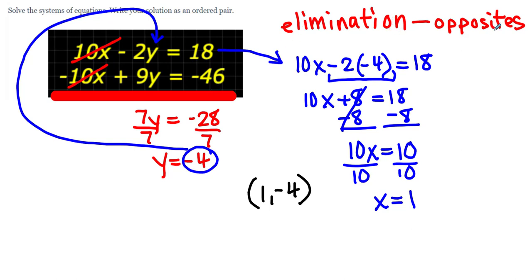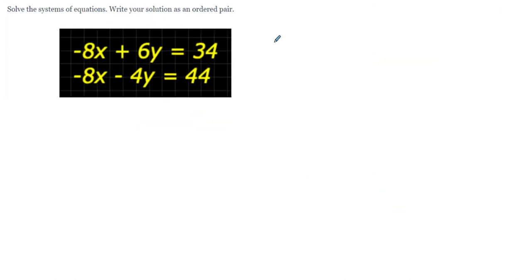The goal of elimination is to look for opposites. Now, in the next question, question number 7, we actually don't have opposites. But before we even start looking at that, notice the x terms, y terms, and constant terms. When they're lined up, use the elimination method. In this case, we actually don't have opposites, but I do want to point out that right here we